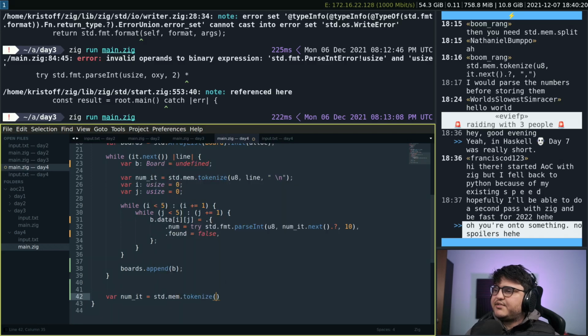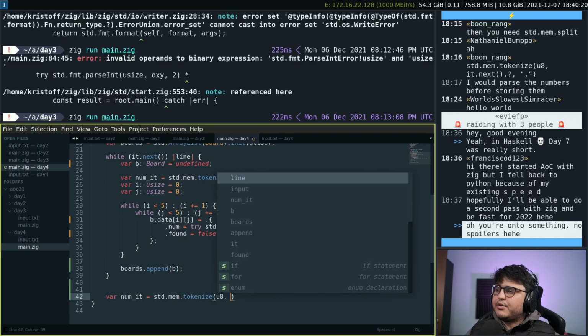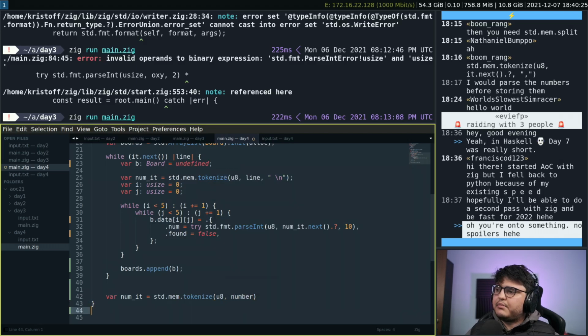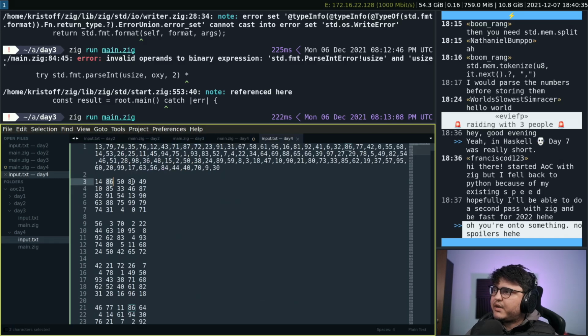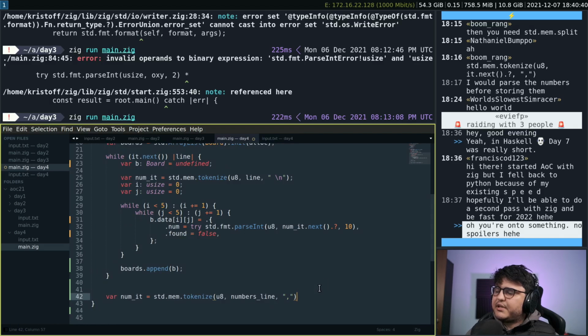So tokenize bytes for the numbers line, and we're going to split on the comma, right? Yes, there's a comma. Am I gonna get a new line here? No, I should not. Okay, so we split on a comma, and at this point,